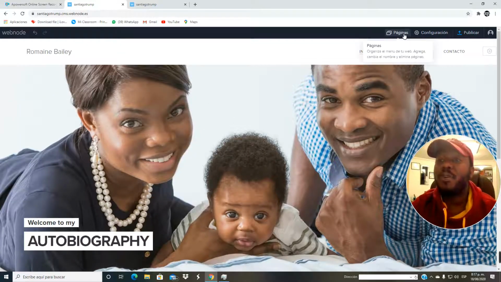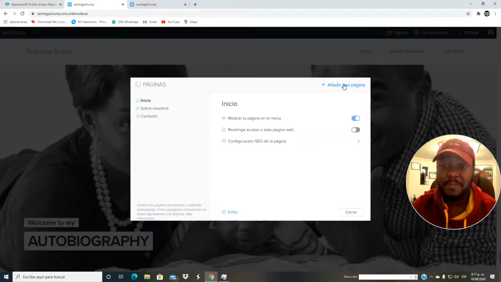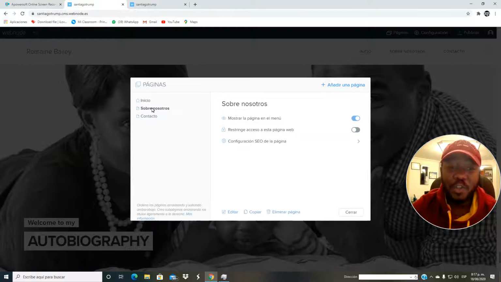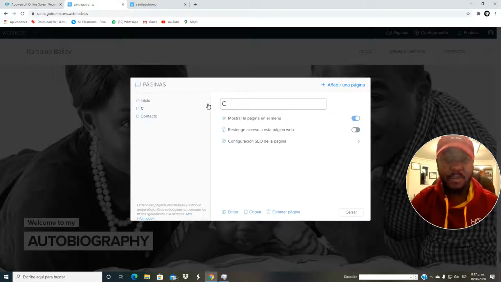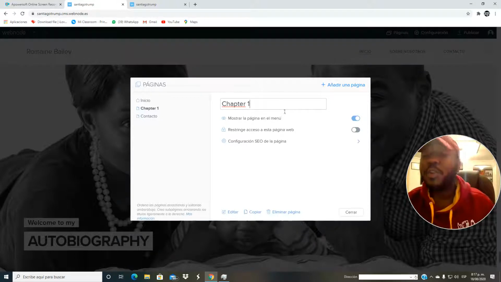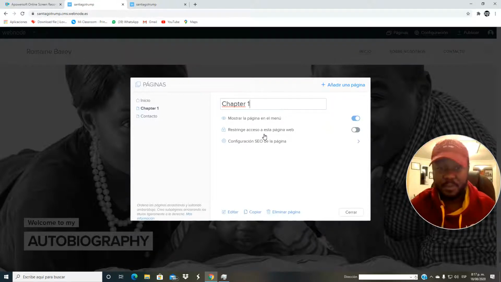What do we do next? We go to pages, as we see here. And then, instead of having sobre nosotros, I'm going to click on sobre nosotros. I want to take that off. So the first chapter, I'm going to put chapter 1. You can either put chapter 1 or you can put the title of the chapter. Okay? So I put chapter 1 and I select,